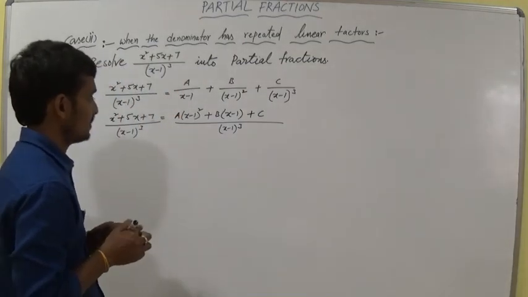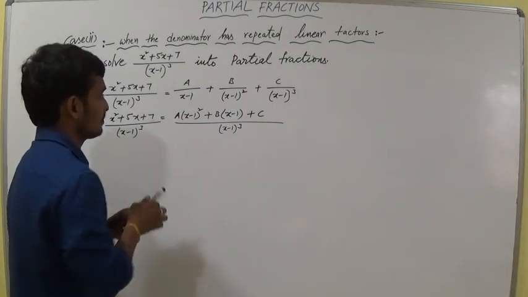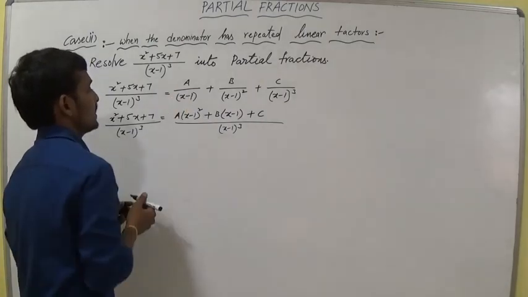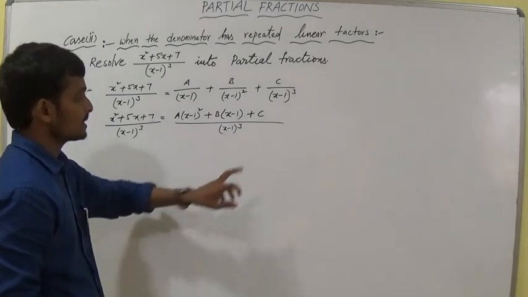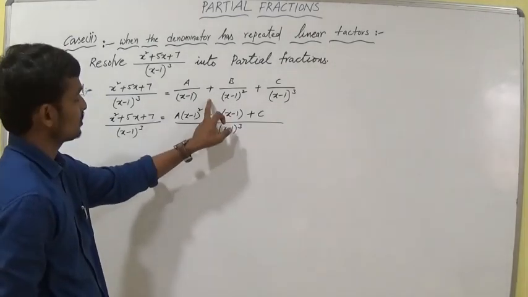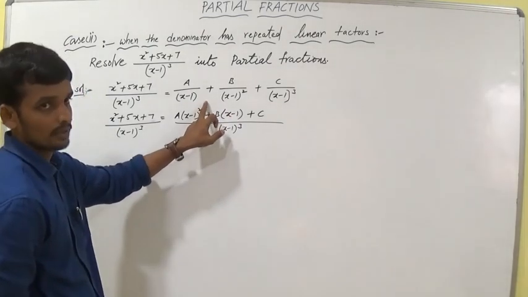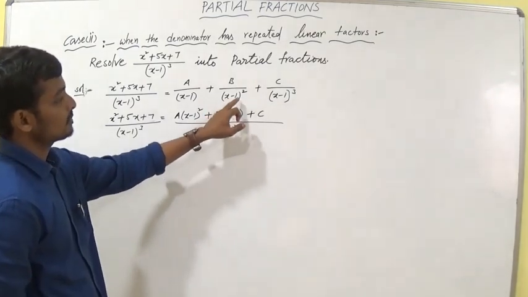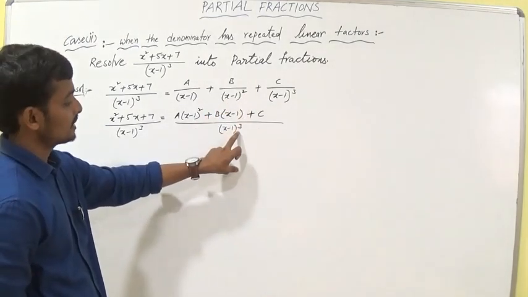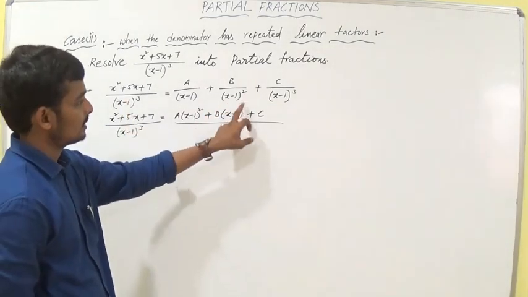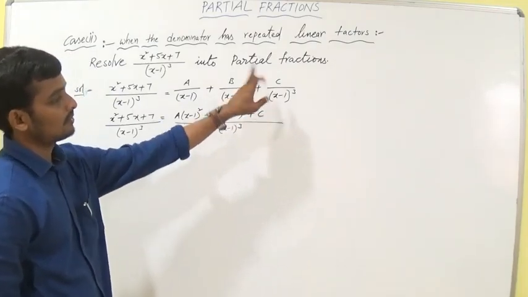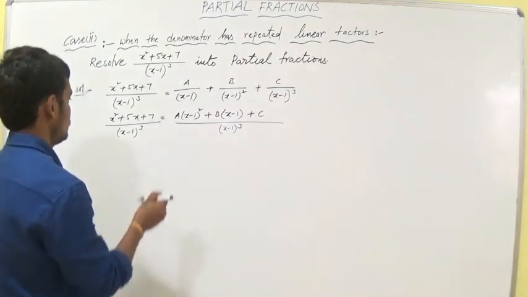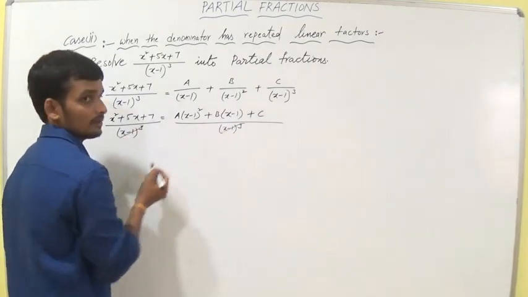Observe this very clearly. (x minus 1) has the power 1, but our denominator has the power 3, so it will cancel 2 times. So I am applying (x minus 1) whole square plus (x minus 1) whole square. It has 2, it is 3, the differentiation is 1, that's why 1 time. Plus here the denominators are equal, so you are writing c. So this one and this one are cancelled.